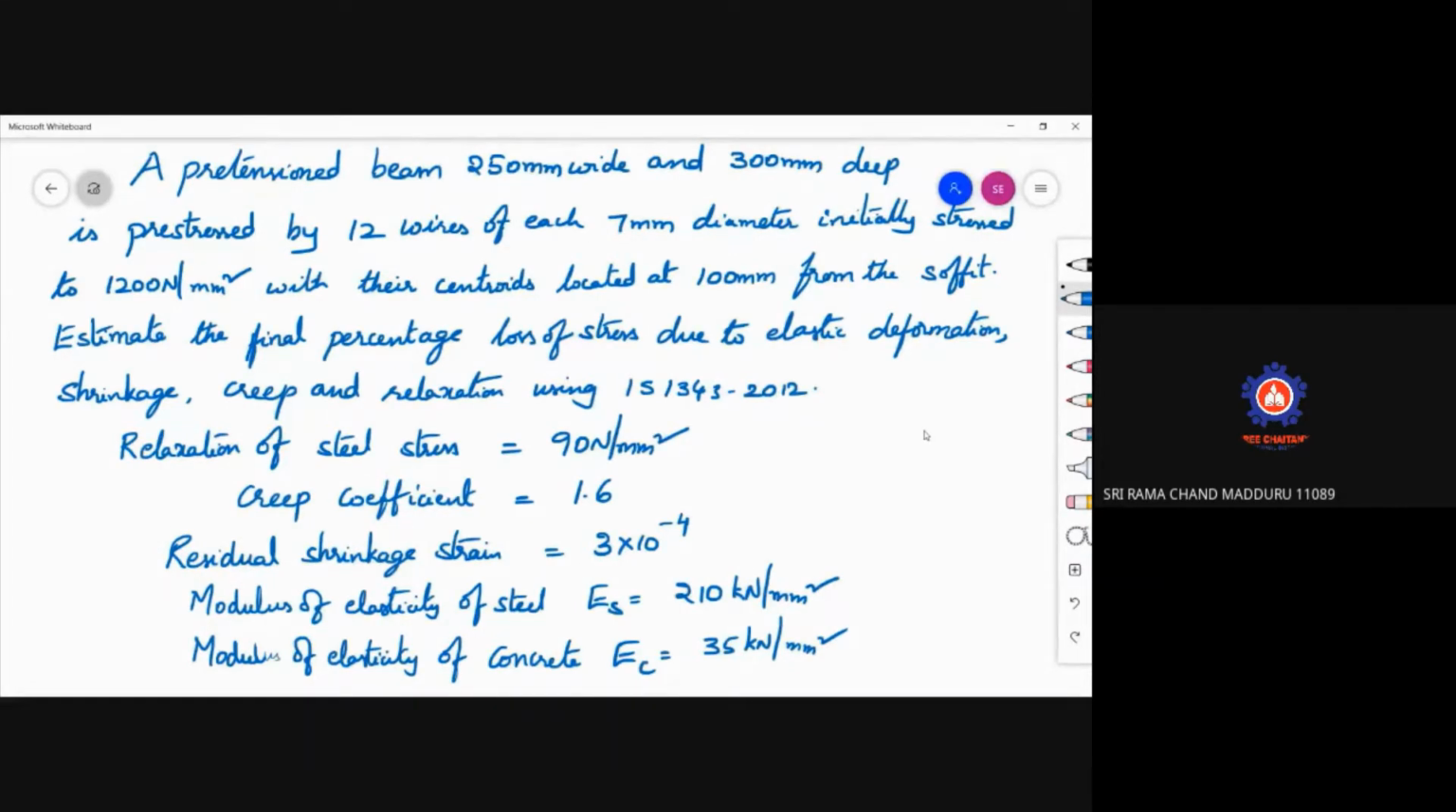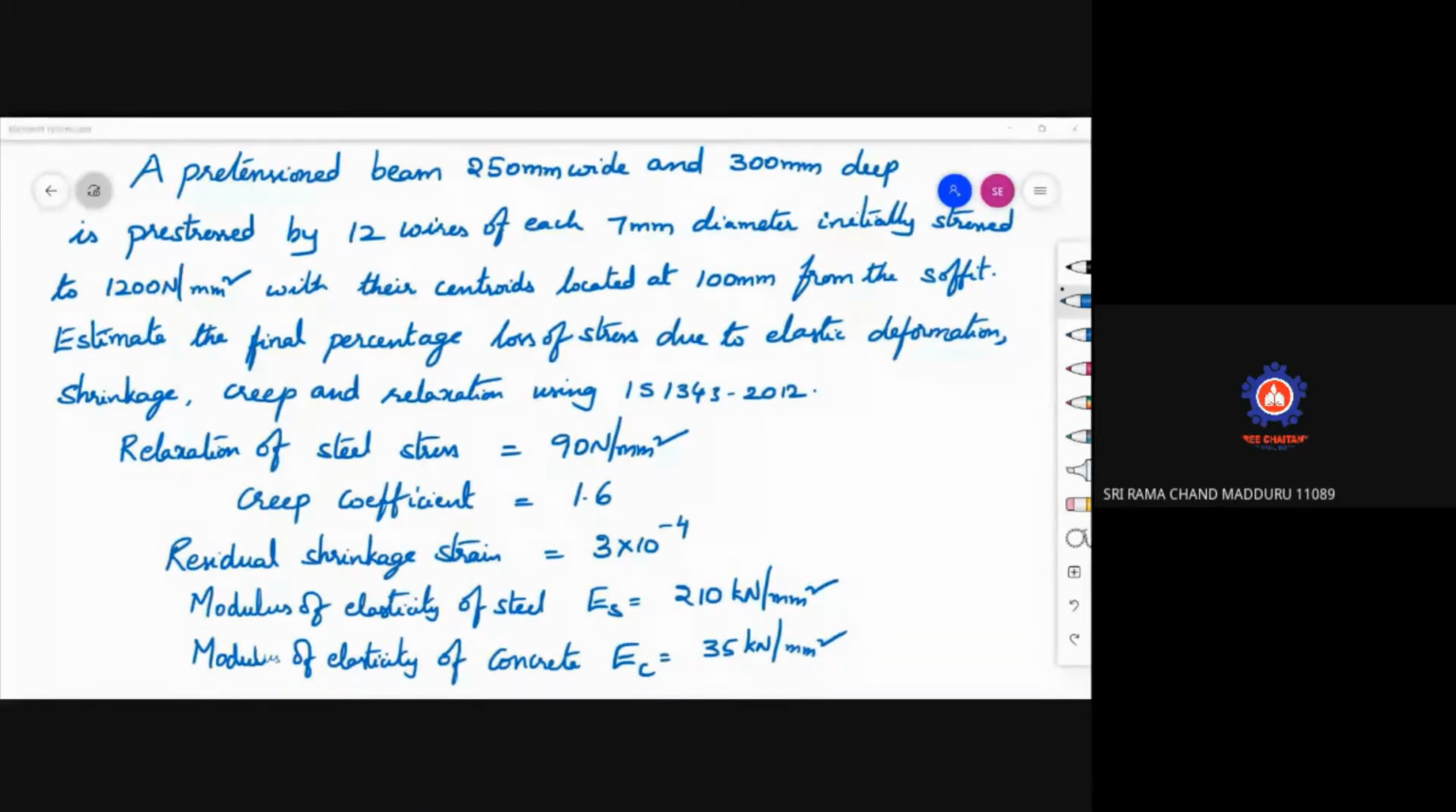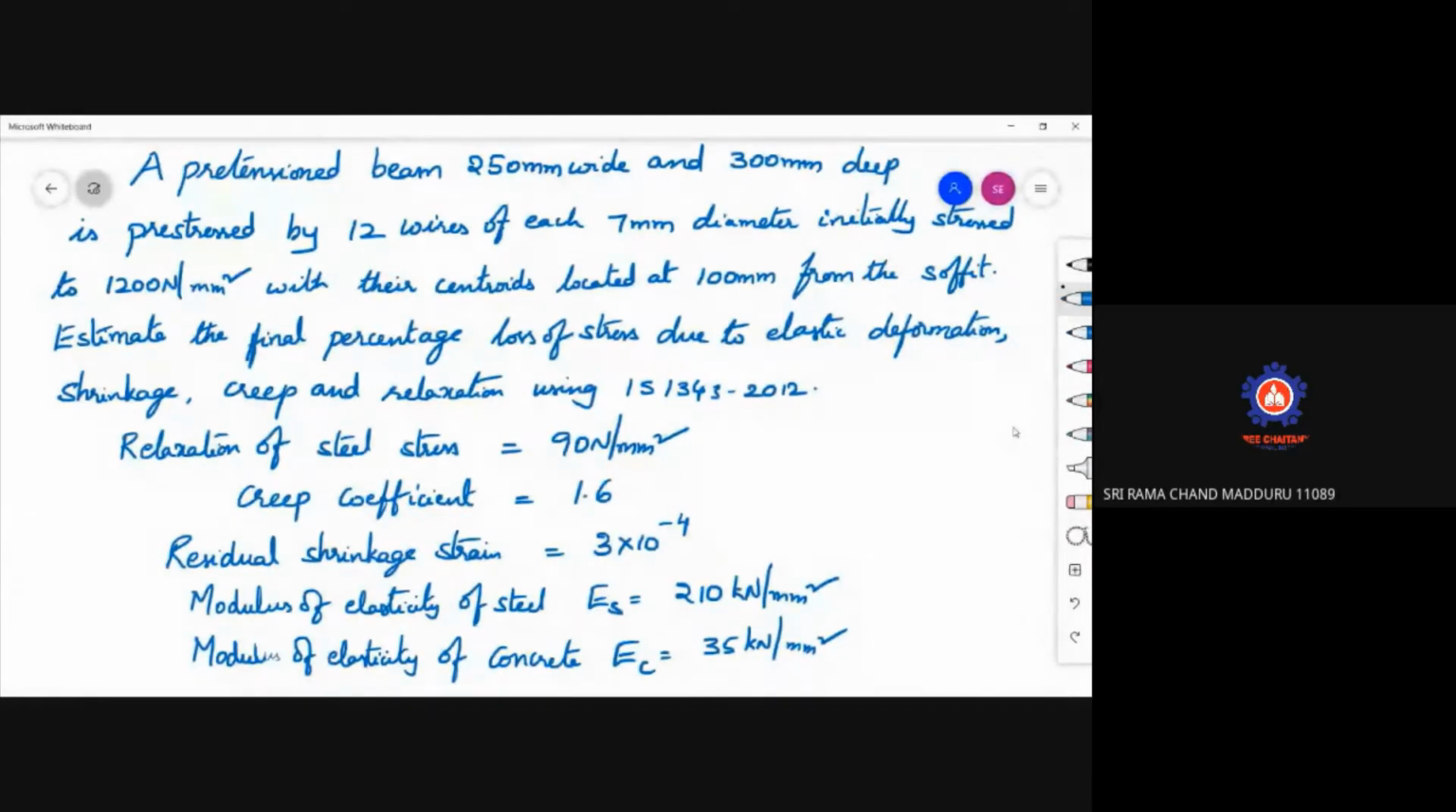So this is the question, and with this given data, we need to calculate what are the final percentage losses of stress due to elastic deformation, shrinkage, creep, and relaxation. If you are having any difficulty in understanding my writing, let me know. If any point is not clear,